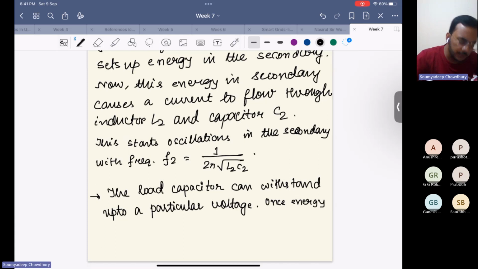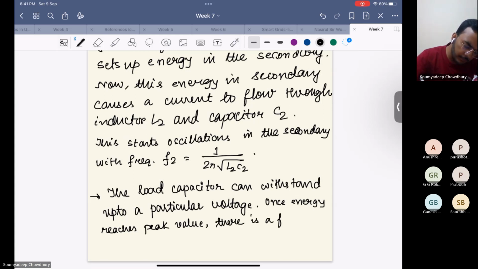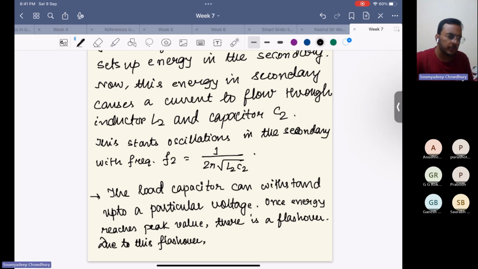So once energy reaches the peak value, there is a flashover. Due to this flashover,